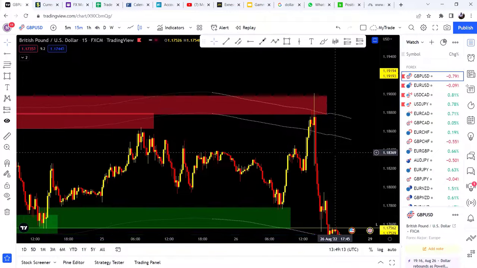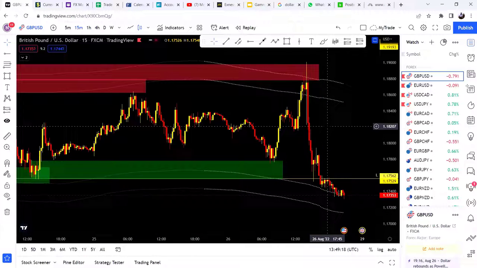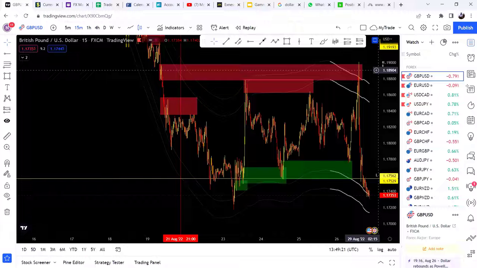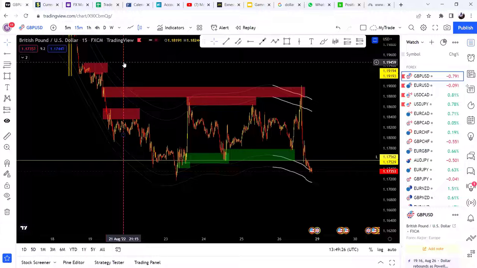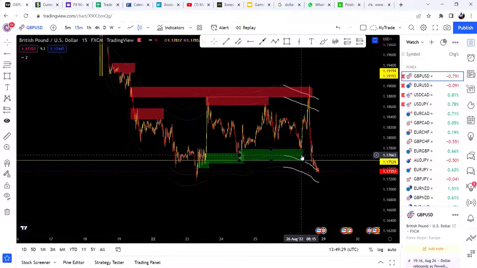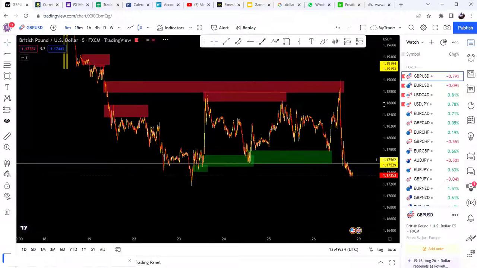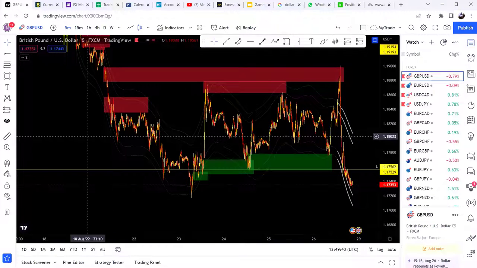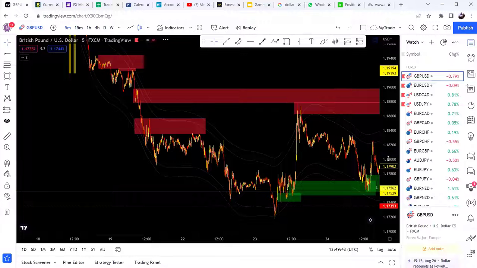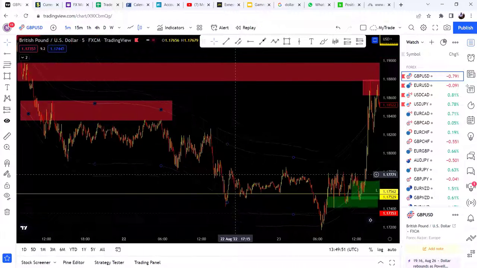All right. So we now have our zones. We will go for our entries in the 5 minutes, where we could have used the zones to find entries as far as price action is concerned. All right, so let's go to the 5 minutes. Well, the first trade that would be on probably, what was the date? Price got into it, 22nd. So on the 22nd,